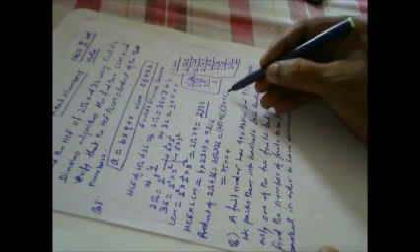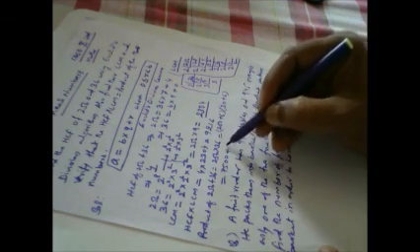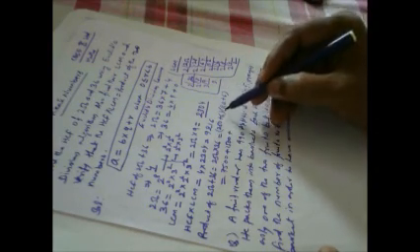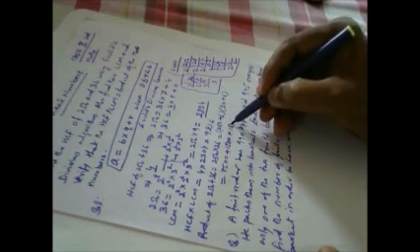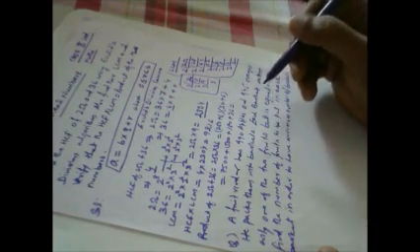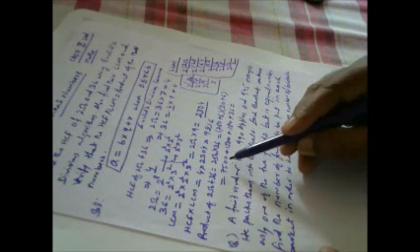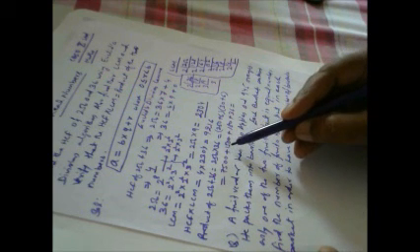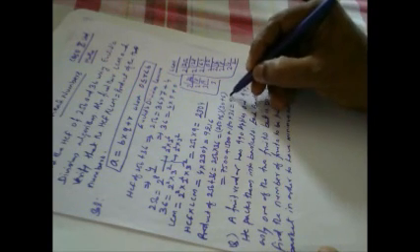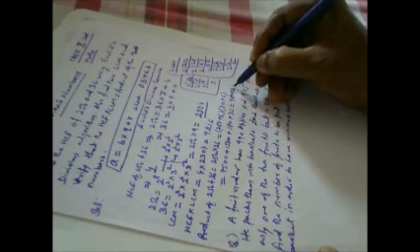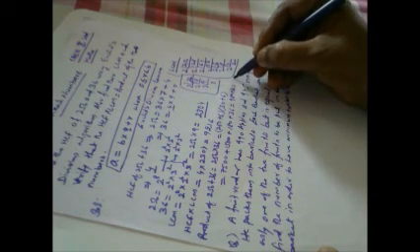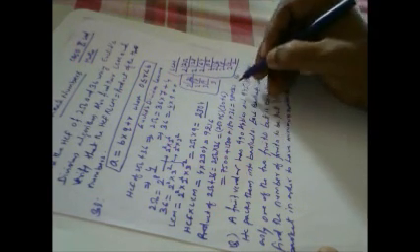Plus 250 into 6, so 1500. Now 6 into 30 is 180, plus 6 into 6 is 36. So this is making us 7500 plus 1500, 9000, 9000 plus 180, 9180. So 9180 plus 36,